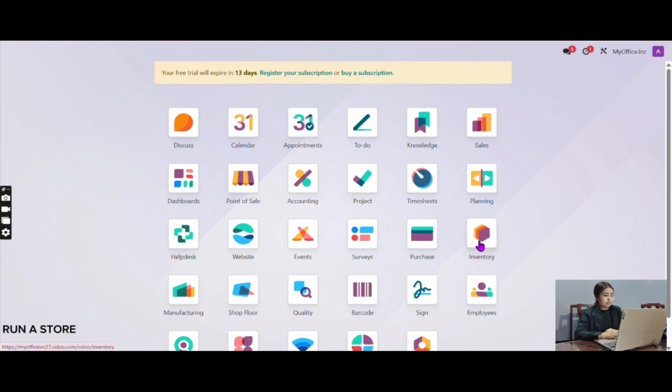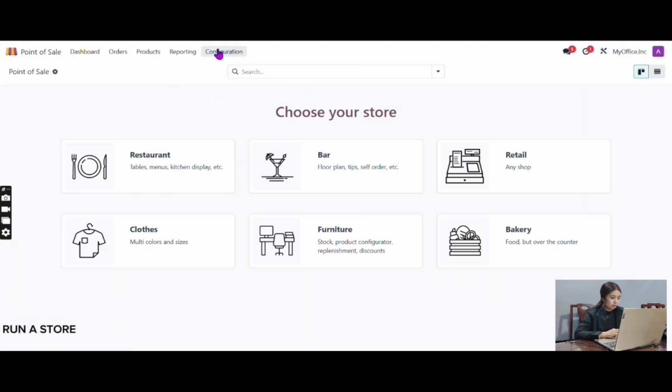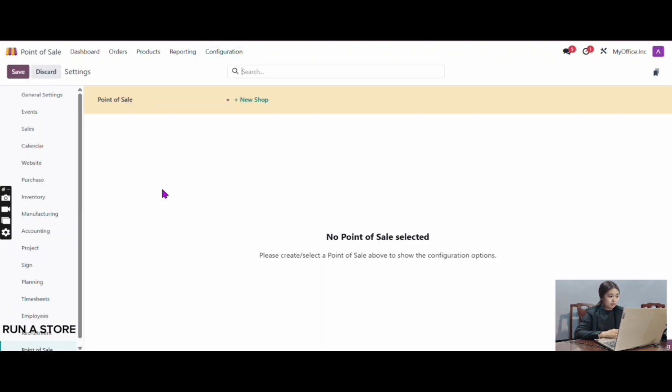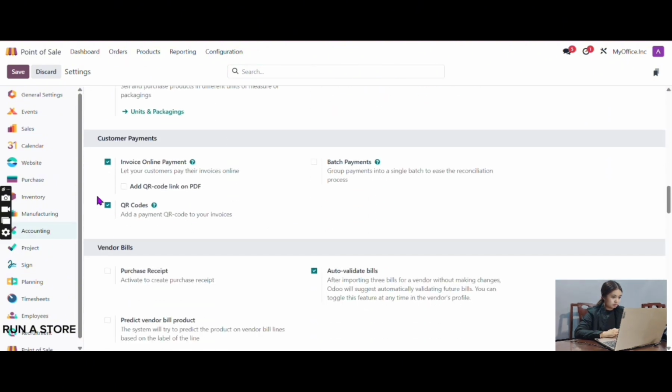Click point of sale. Click configuration and select point of sale list and select settings. Go to accounting and check the QR codes on the customer payments and save.